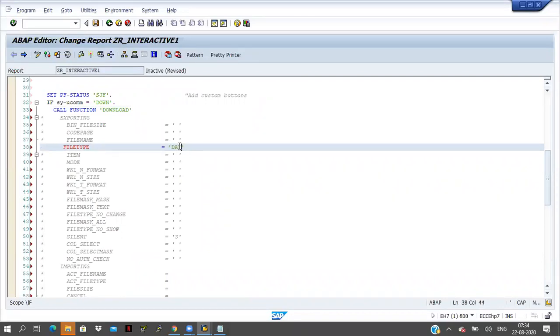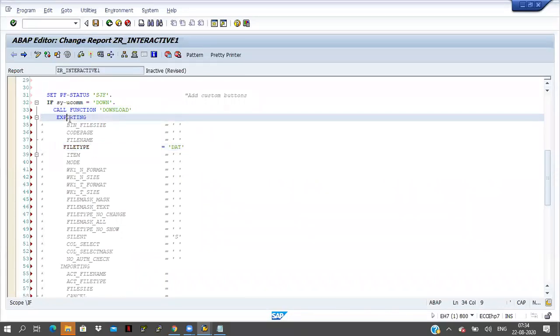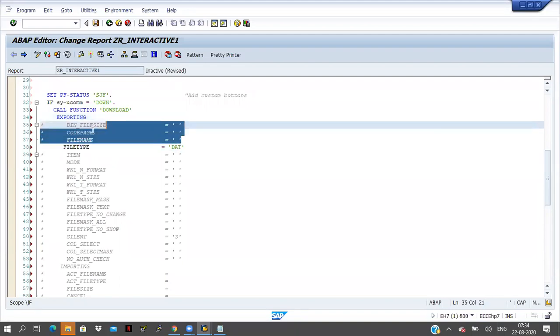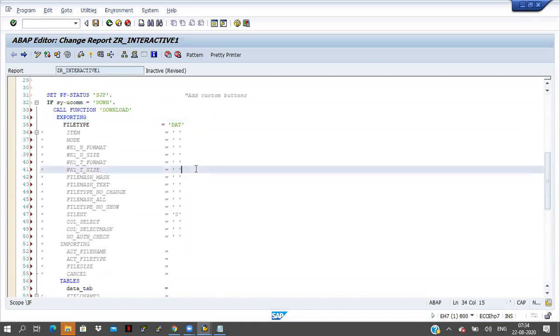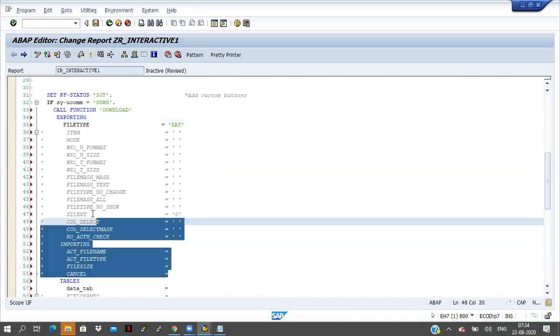I will keep it uncommented, and exporting is there. I will keep it uncommented. Okay, I'm uncommenting this one. Fine, and I will remove all the things here.